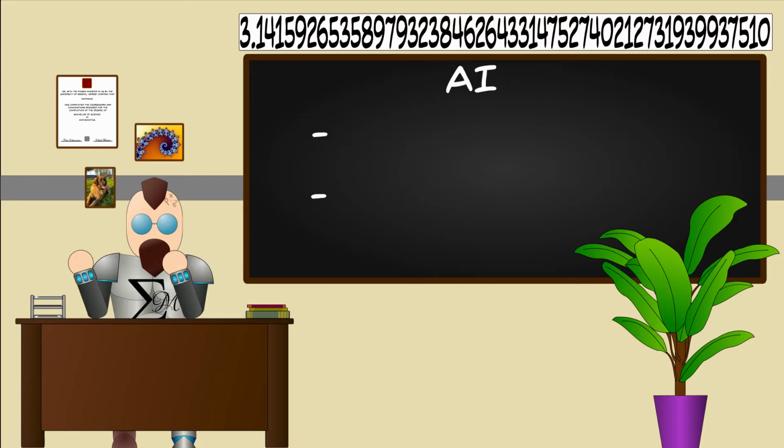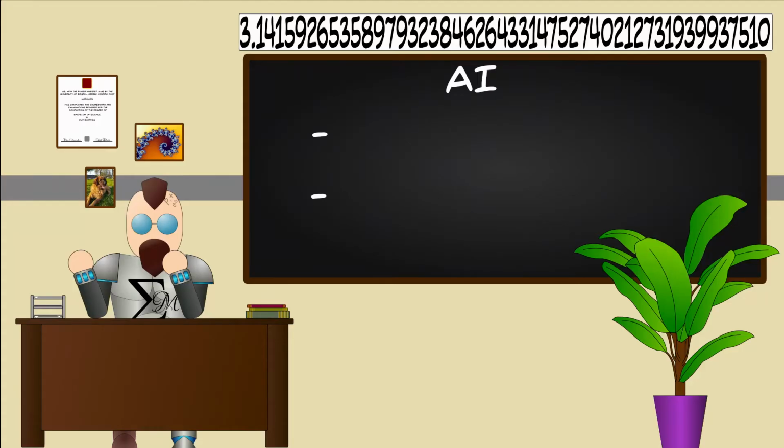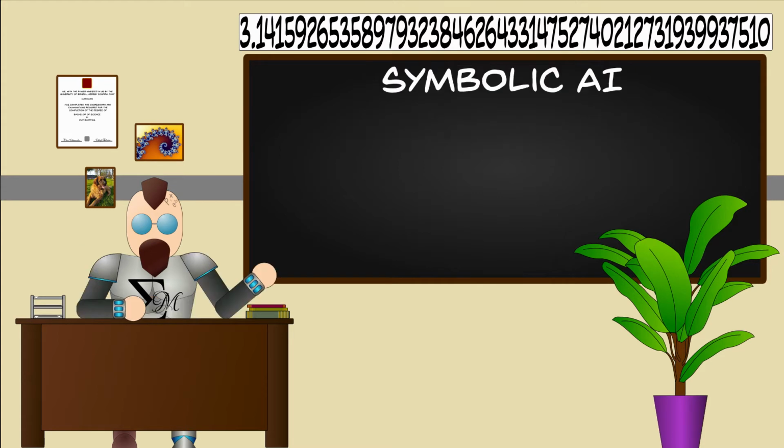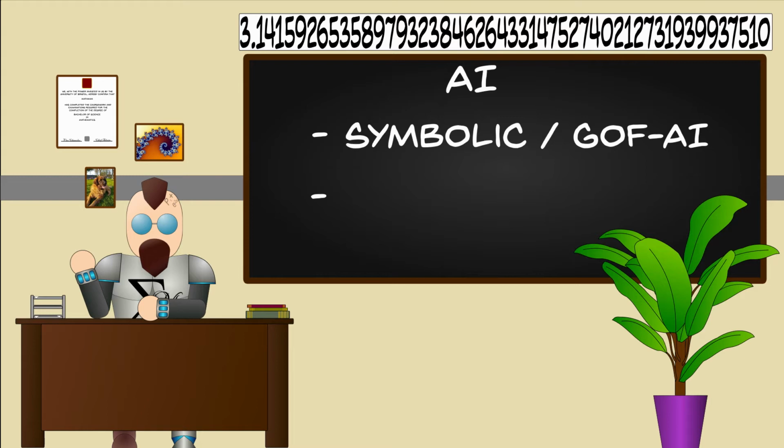Traditionally, we divide AI in two different segments. In the olden days, when the field of artificial intelligence started to emerge, the first approach was symbolic AI, or more commonly called good old-fashioned AI. In symbolic AI, all methods are based on symbolic representations of logic, most commonly a chain of if-and-then statements, ands, ors, and buts. This was great when all was simple, but many problems are too difficult to program in this